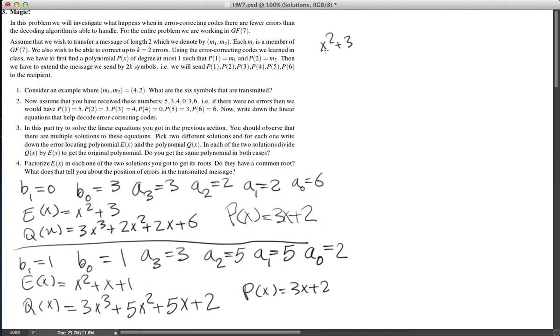Is 2 a root? Yes. So 2 is a root. Why? Because e of 2 equals 2 squared plus 3, which is 0 mod 7. So from what we know, e of x should be divisible by x minus 2. So let's go ahead and divide it in order to factorize this. If we divide this out by x minus 2, we get